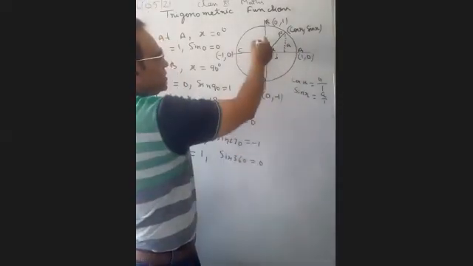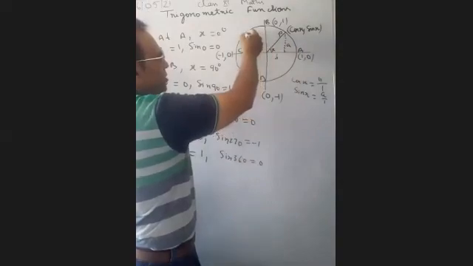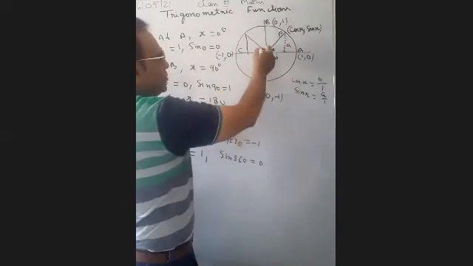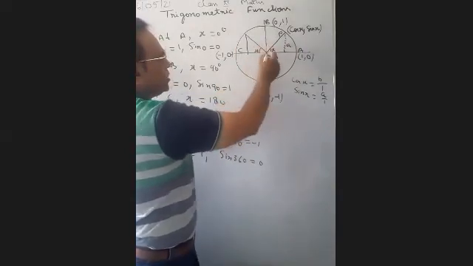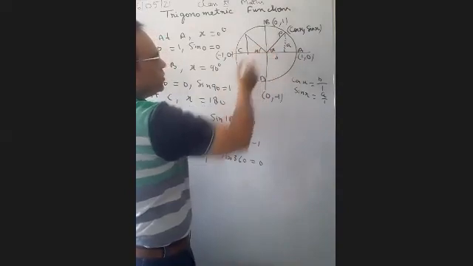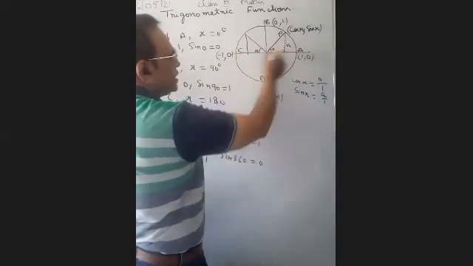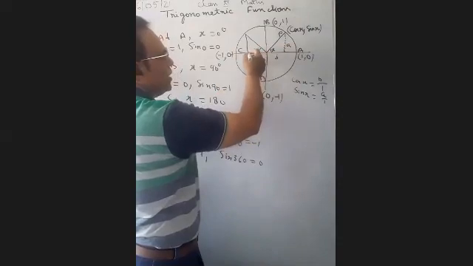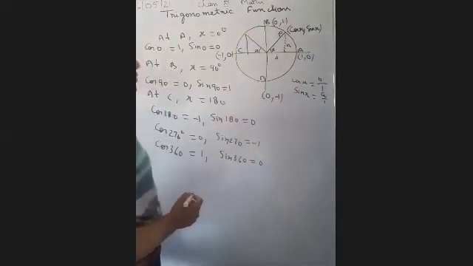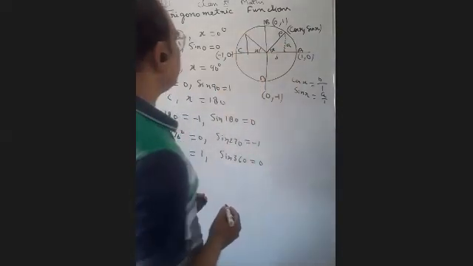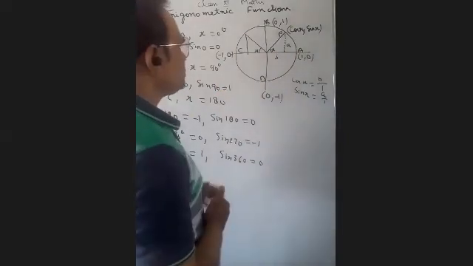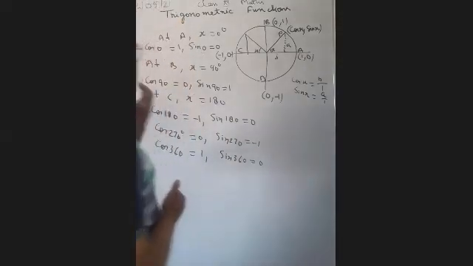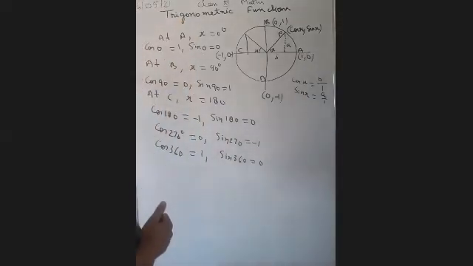Whenever we reach the second quadrant, what will happen? If we make the angle x here, you will observe that this value, coming to this side, will be negative, and the above value will be positive. So it will be more complicated. First of all, we have to find the values at 90 degrees, 180 degrees and 270 degrees.